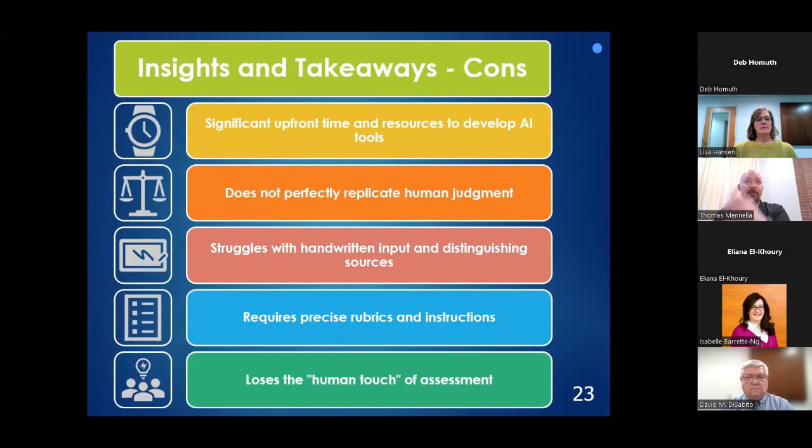For the cons, not every institution has a DiSabito, AI liaison on campus. So there is a lot of significant upfront time and resources that are required to get this up and running. It's a heavy lift, especially if you don't have the expertise and the manpower for it. We have shown you data that suggests that generative AI does not perfectly replicate human judgment or assessment. While this changes every week, still some platforms do struggle with non-textual work. So if we try to upload handwritten work or more atypical assignments such as drawings, generative AI struggles with that a bit more. It does require very precise and granular rubrics and instructions for this to work somewhat reliably, and there's some effort involved in that.